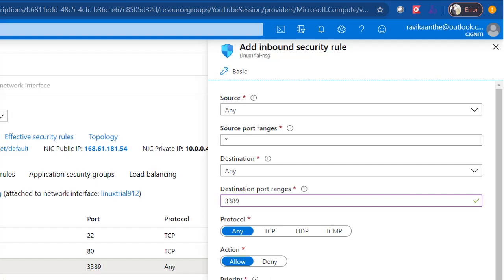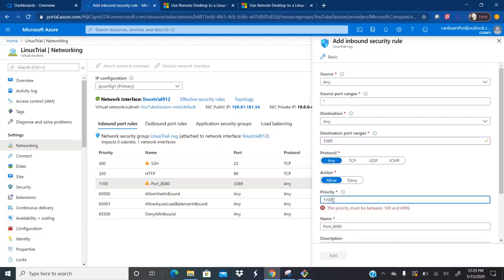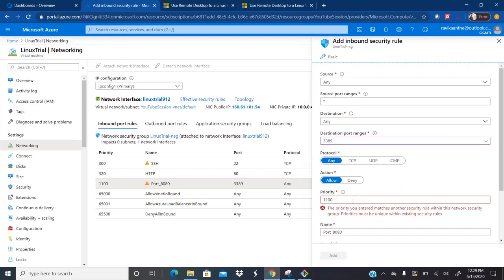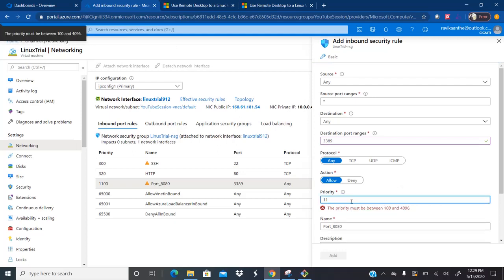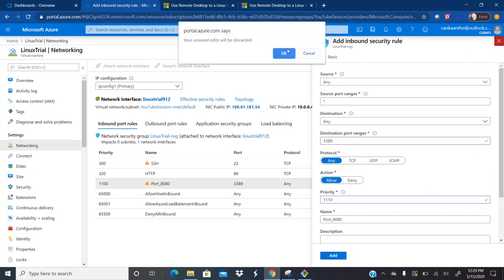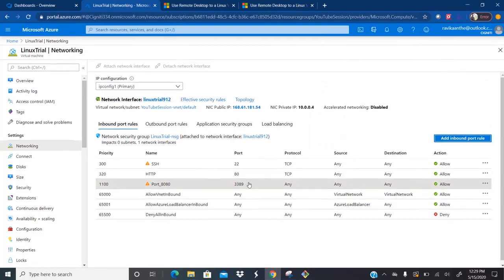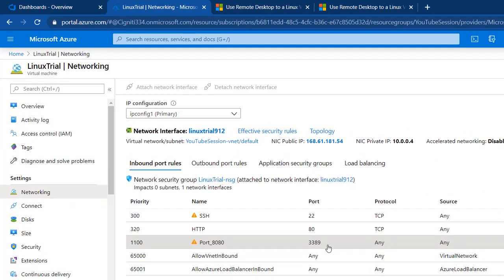And you need to put a priority as 1100. Right now I already have 1100, so that's the reason it's giving an error. And then click on add. So as soon as you click on add, a new rule will be added like this. See here, I have added a new rule for port 3389.